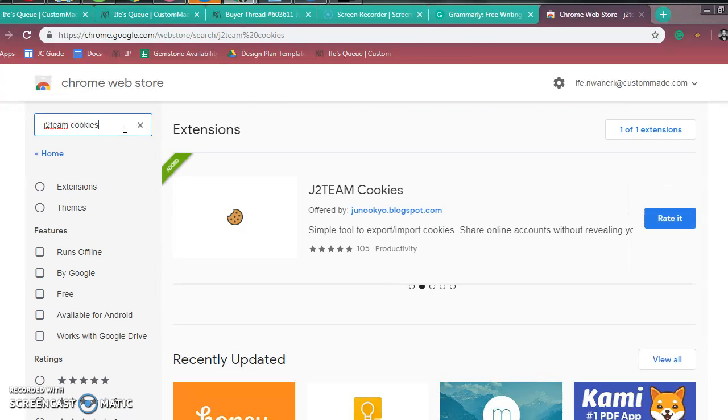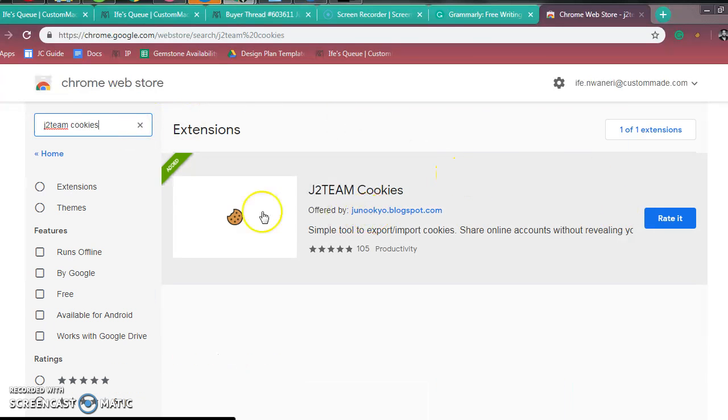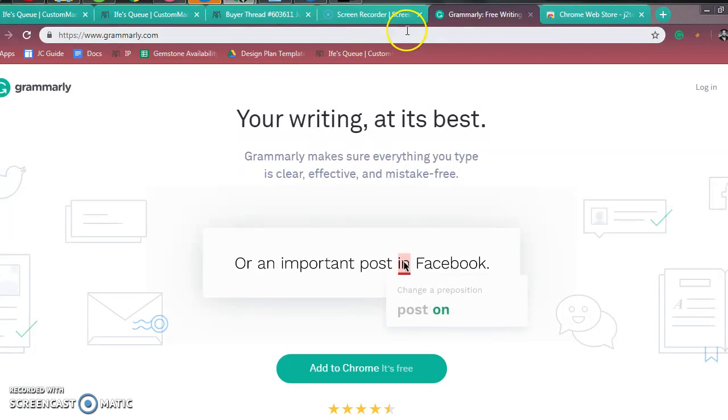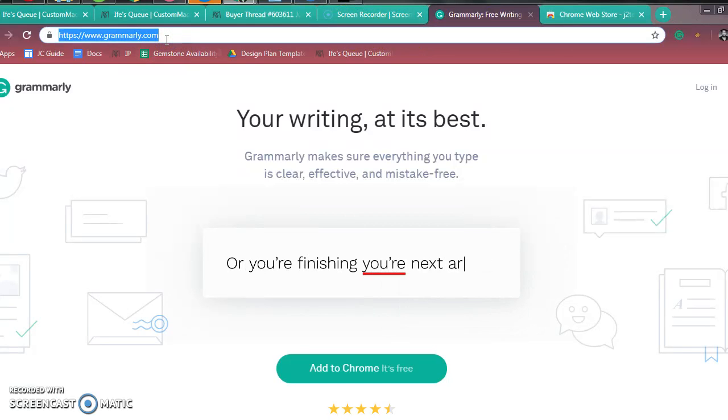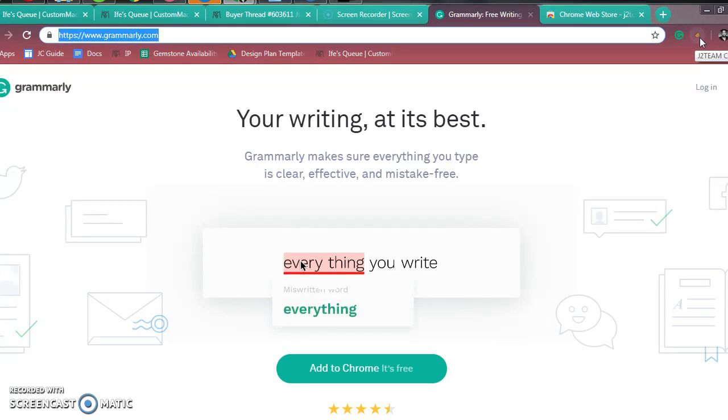Chrome extension. Alright, so once you install this, you have to come here. I've already installed it, so I won't be doing it over again. Okay, once it's installed, the next step is to log into or open the Grammarly web app, and then you come here to this. You will find that Chrome will save this to your cookie sidebar to save the